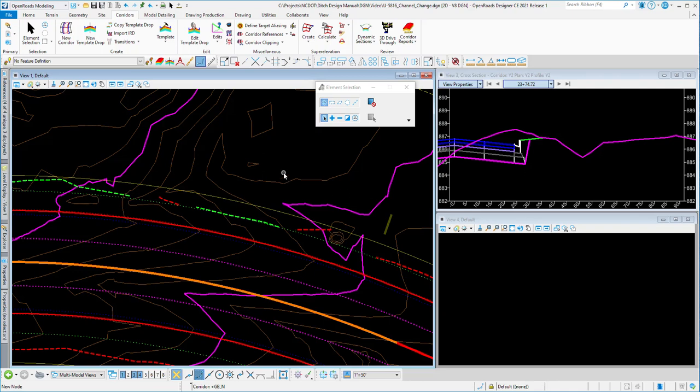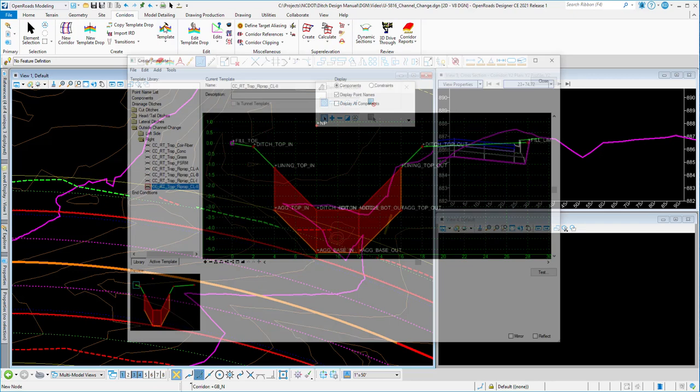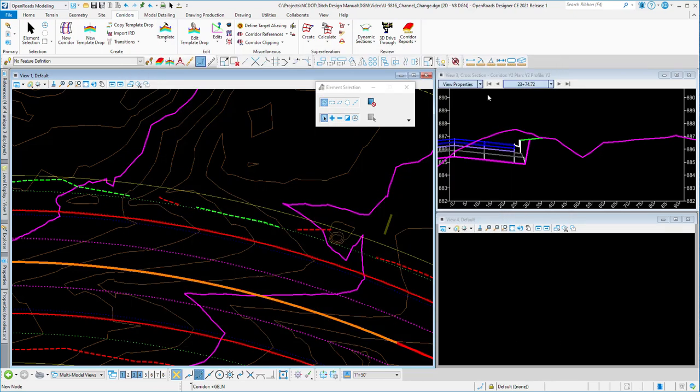To create a channel change, we'll create a corridor model, and it'll be very similar to the approach taken with a lateral ditch. Before I do that, I want to make sure that I have a template library, which I do. And so now I can go to New Corridor,